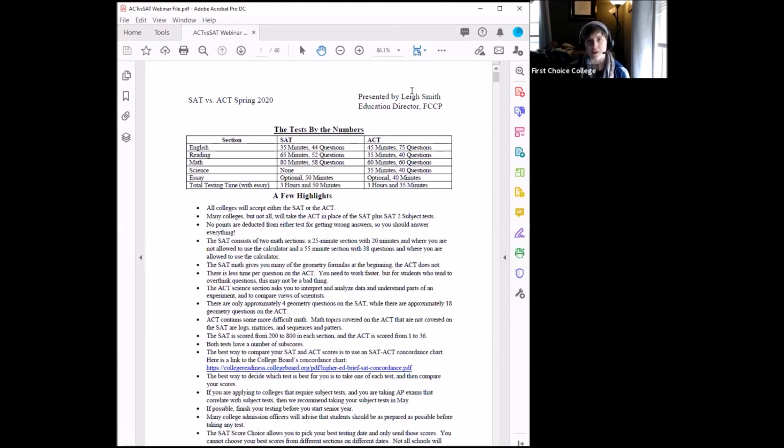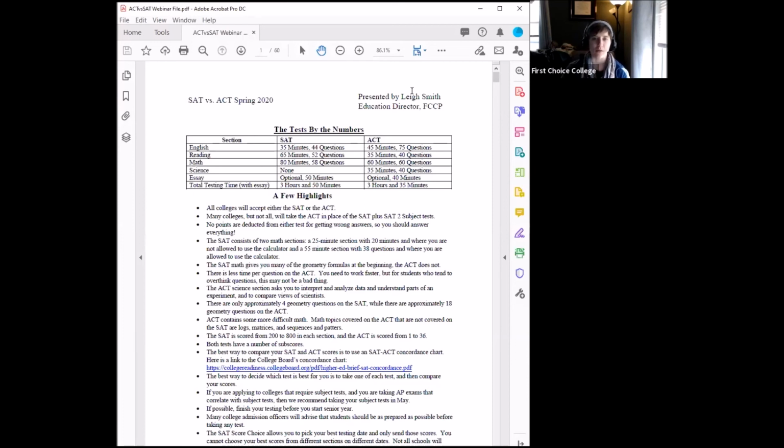So in our experience across many years of doing this, we have heard plenty of students give us a fairly persistent rumor that the ACT is the easier test. It is and it isn't. The biggest thing here is, one, there's a historical problem there. That rumor wasn't as much of a rumor, it was a true fact that a lot of students did better on the ACT pre the 2016 revamping of the SAT.